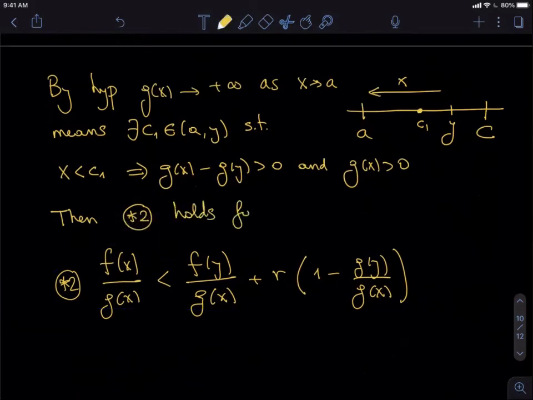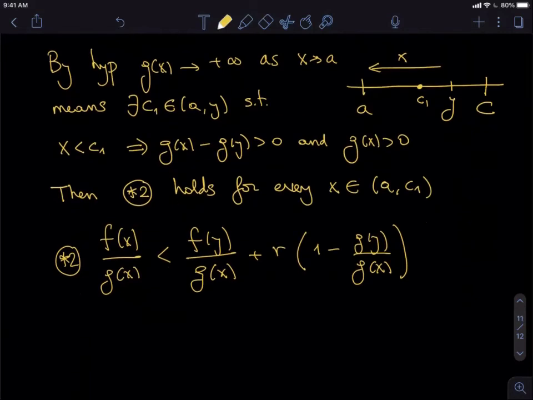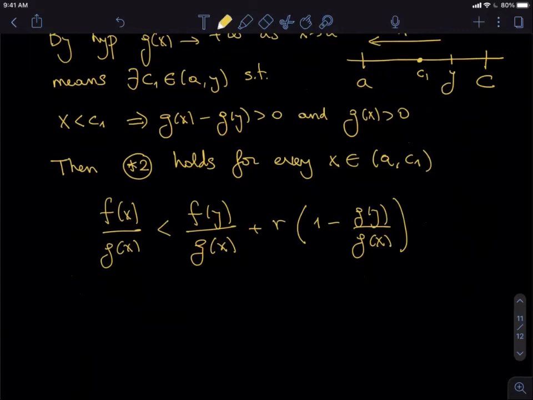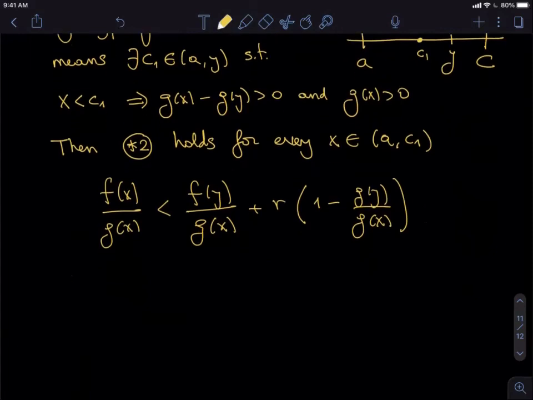Holds, well, for every x in a C1. Again, this means for every x close enough to a. Now we can take limits as x tends to a. Okay, so